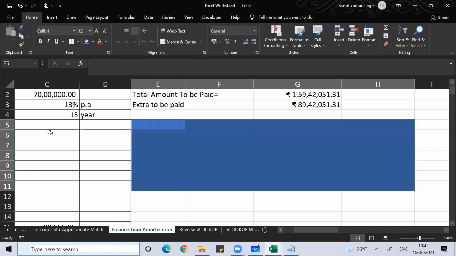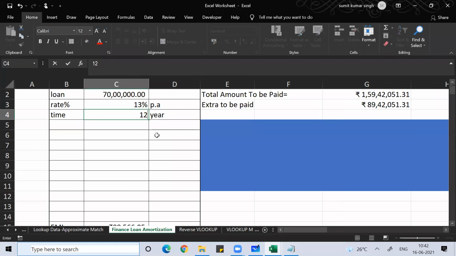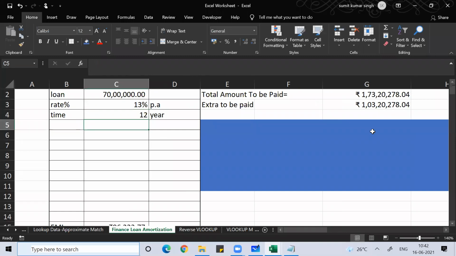Suppose you consult any financial institution for any kind of loan, guys. Definitely they will suggest loans of different time periods. So you need to be very careful, guys. If you take a loan of longer duration, your EMI automatically gets reduced, but you end up paying more money to the bank. In the case of 15 years, if we had taken a 12-year loan, I would have paid extra only 1 crore.